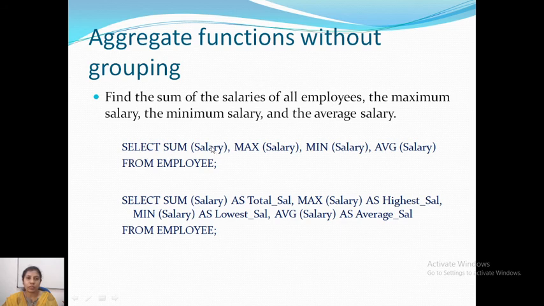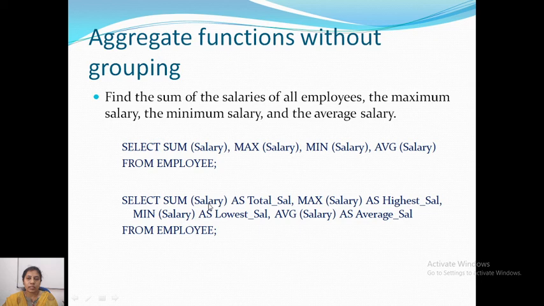Here you have to specify on which attribute you are performing the aggregate function. So we are finding the total salary, sum of salary. Then maximum, you need to find out the maximum, so use MAX, that is the function name. So maximum salary, minimum salary, average salary from employee relation.